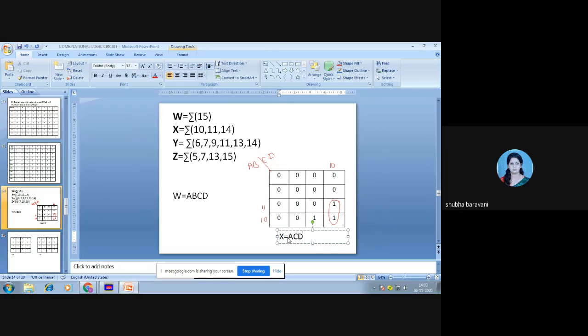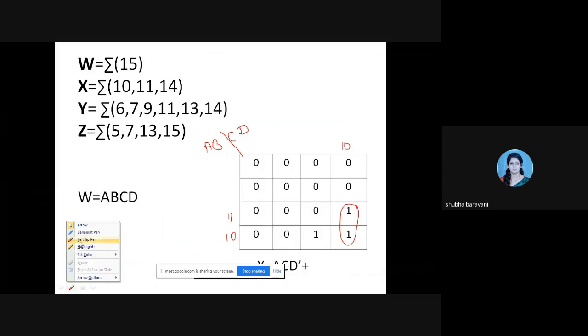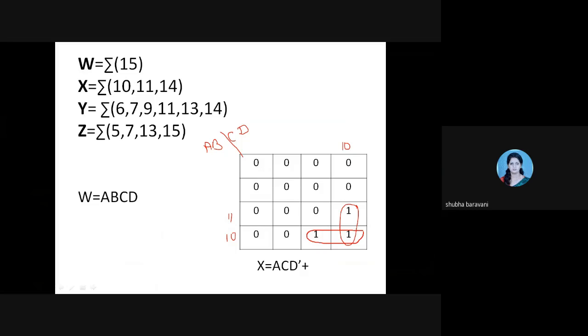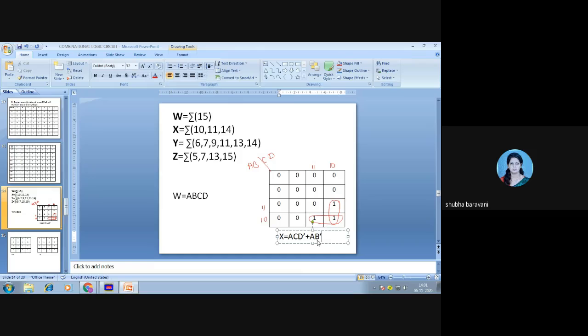You get D bar plus AB bar. We have another group which is these two, which would give you A B bar C. You get it as A B bar C. All of you got the expression for X?